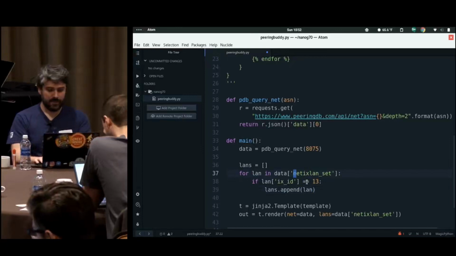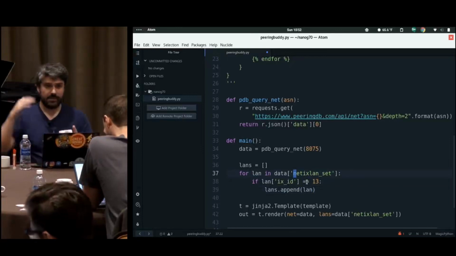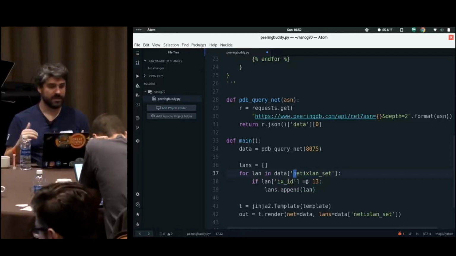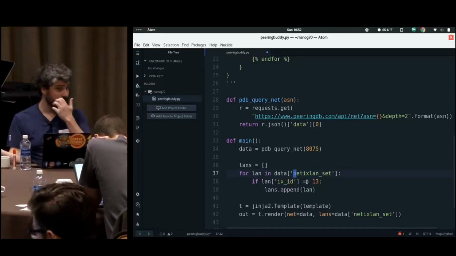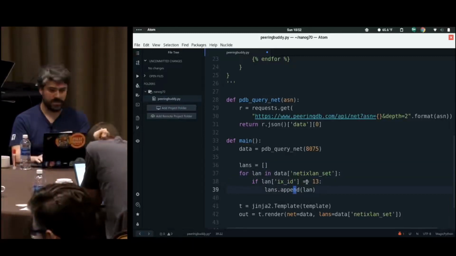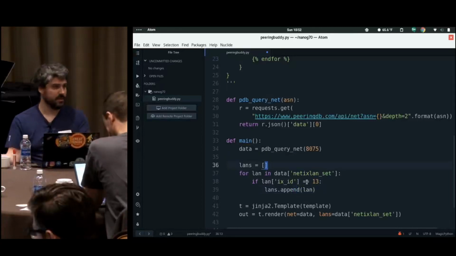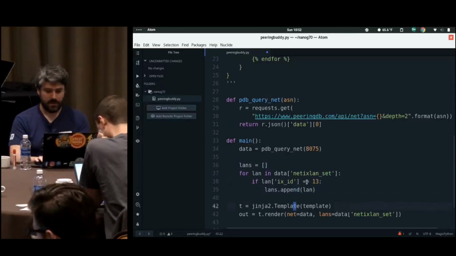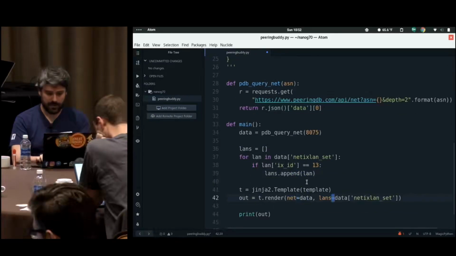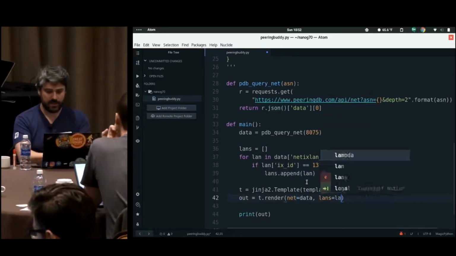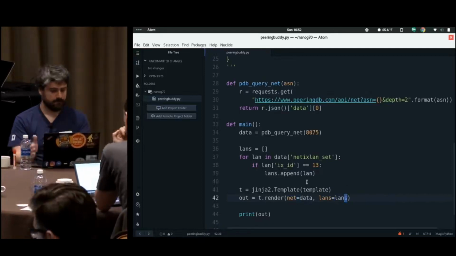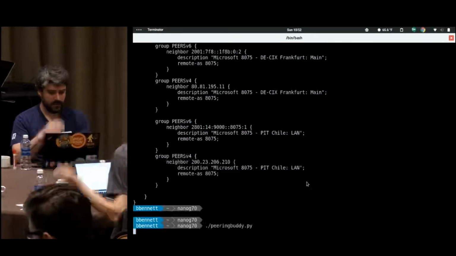So we're going through every single land that comes back to us from PeeringDB. For every single one of those, we're just saying, okay, is this land's IX ID 13? If yes, we place it into this variable. That's pretty much it. And so when we're done, lands should be populated with just those that are on SIX. The only other thing we need to change here, instead of returning back everything into our template, we want to just put in our new variable called lands. All right, so now if we run this,